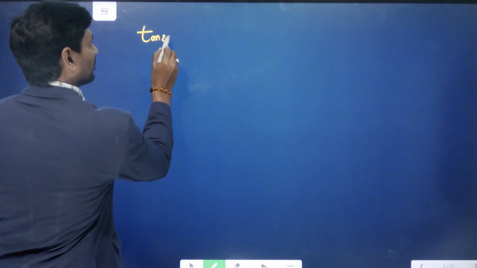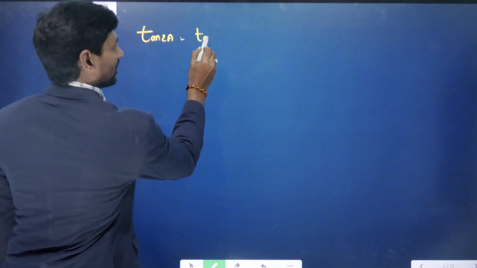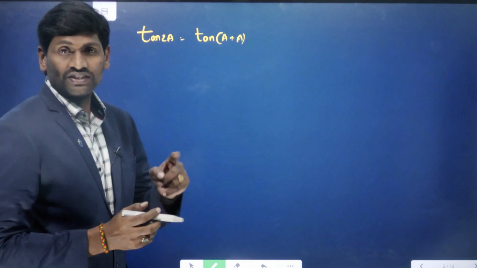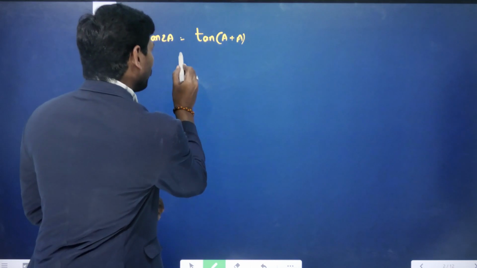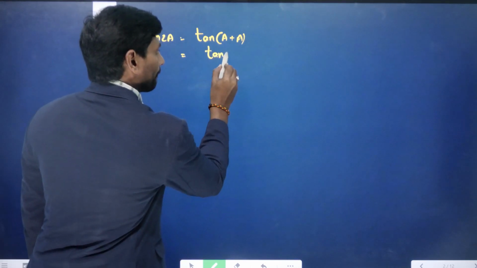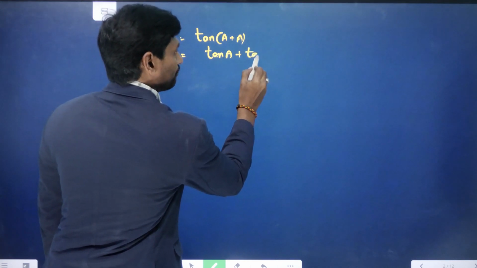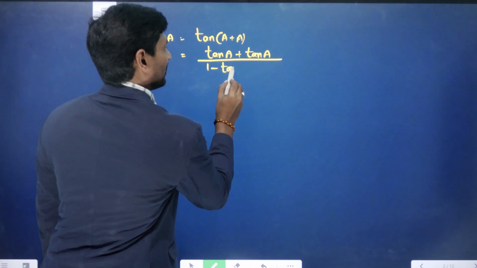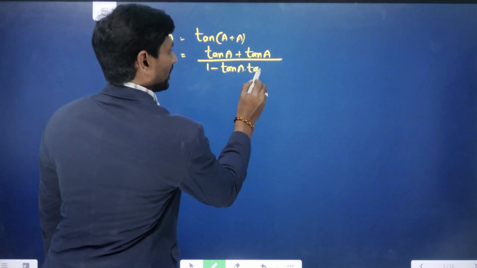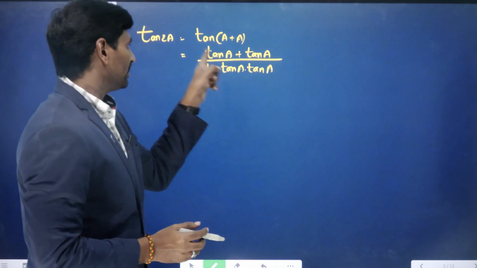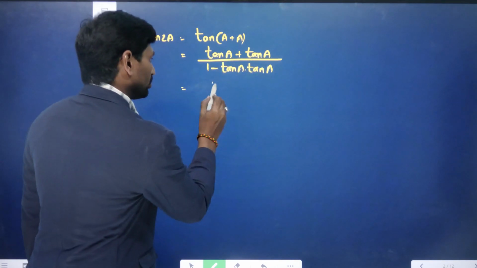Now I am writing tan 2a. So how can I write tan 2a? It is nothing but tan a plus a. Am I right? 2a is nothing but a plus a. Again it is in the form of the tan a plus b formula. What is the tan a plus b formula? Tan a plus tan b by 1 minus tan a into tan b. Here the b term is not there, only the a term. Tan a plus tan a is nothing but 2 tan a